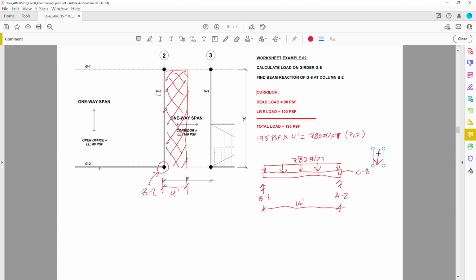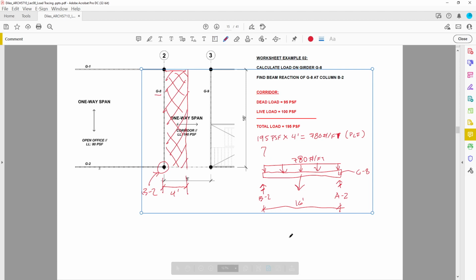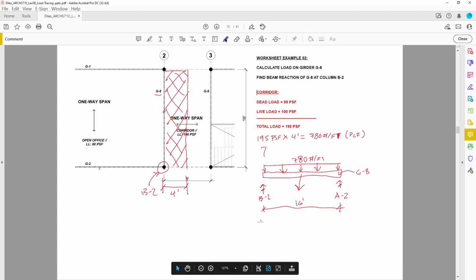All right, let's see if I can, I'm starting this new note. That's going to be our point load visualization of this continuous load. And what is that but 780. I've got myself into a real pickle here. All right, let's do it down here. So 780 pounds per foot